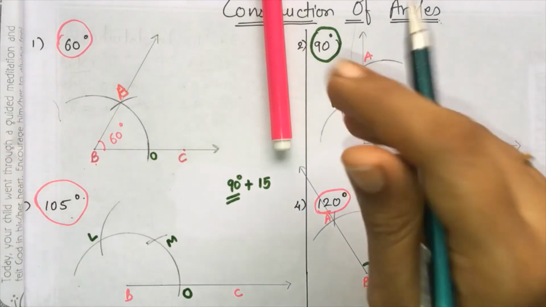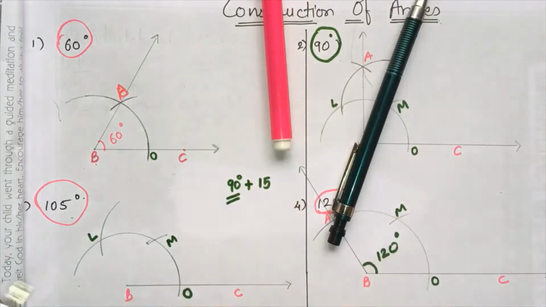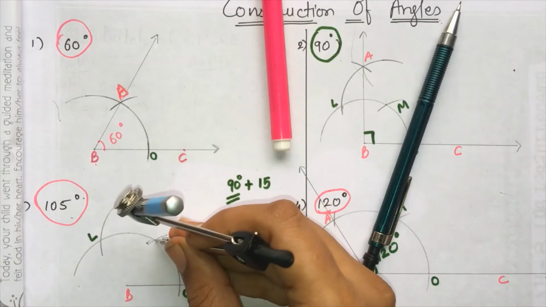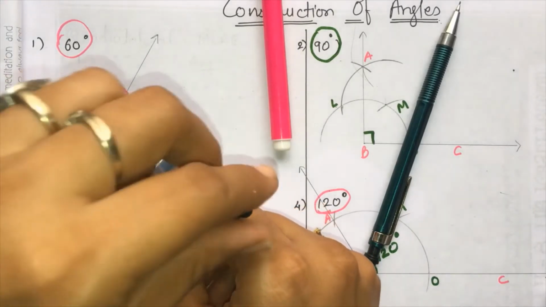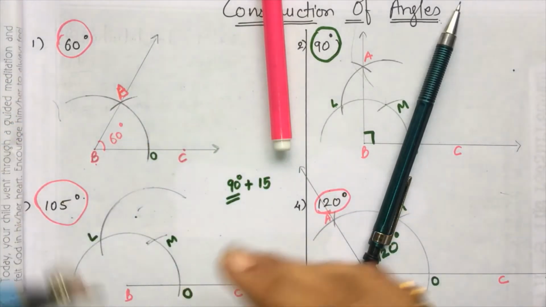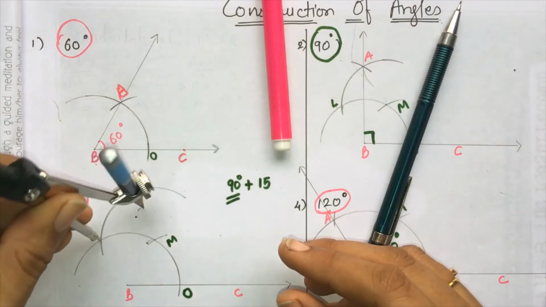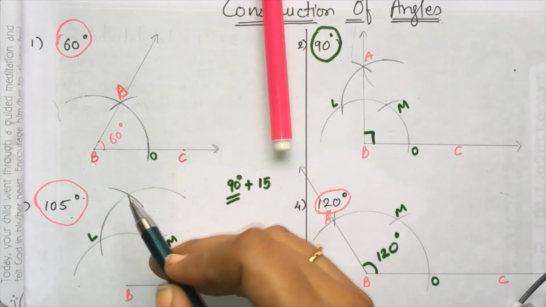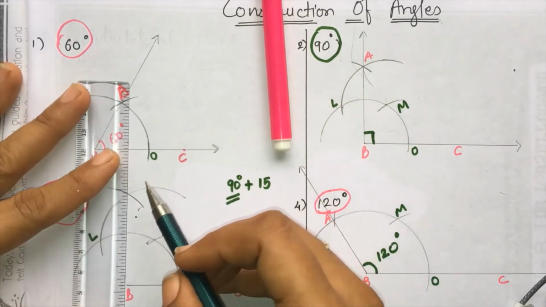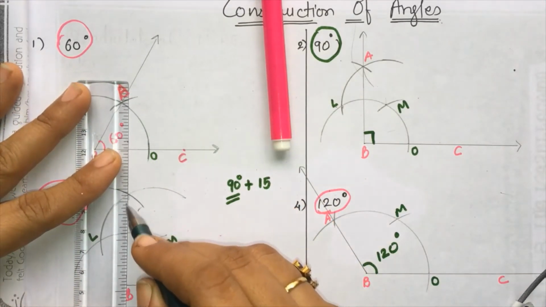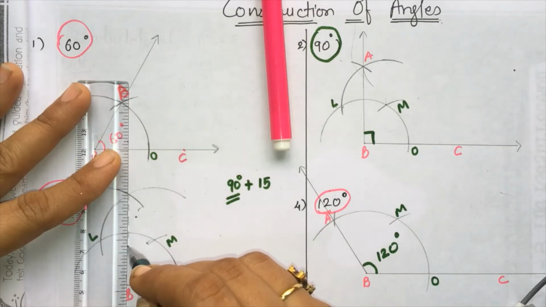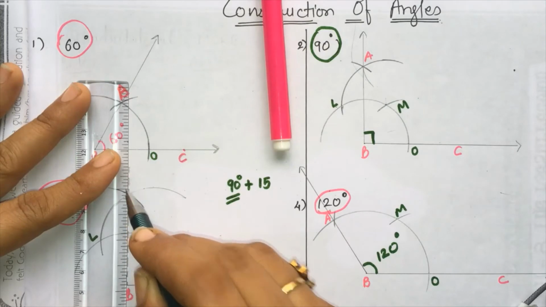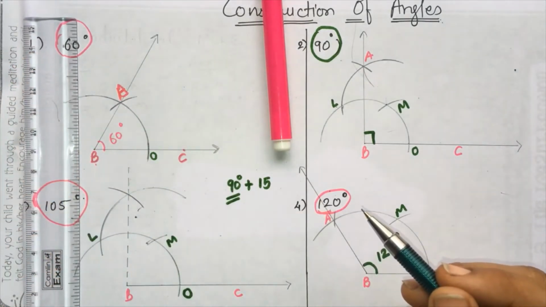So the same we are going to repeat, that this L we are going to, this third arc we are going to extend like this, and from L we will draw one more arc. So this will be our 90 degree. This 90 degree you will be showing with dotted line. Okay, because 90 degree is not the angle we are asked for. We have to go for